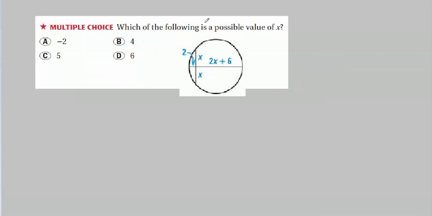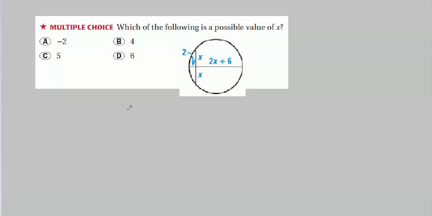Now here we just have to use our plain old segments theorem, or segments inside a circle. Call it whatever you want. The important part is the result, which says that the length of this segment times the length of this segment is equal to the length of this segment times the length of this segment. In other words, when they intersect, they break each other up into similar parts. So let's write that out mathematically.